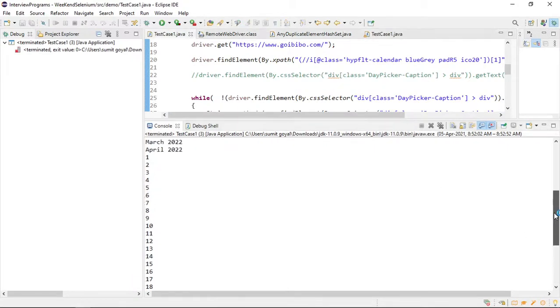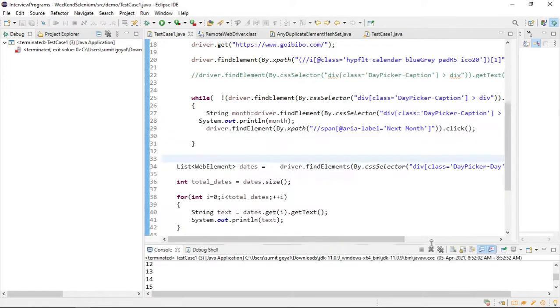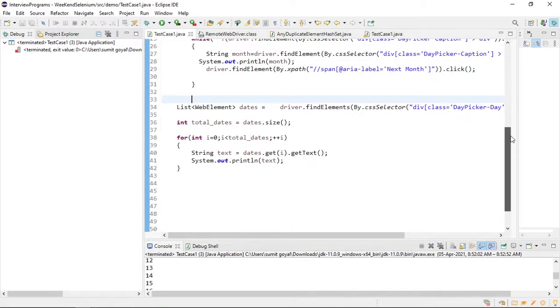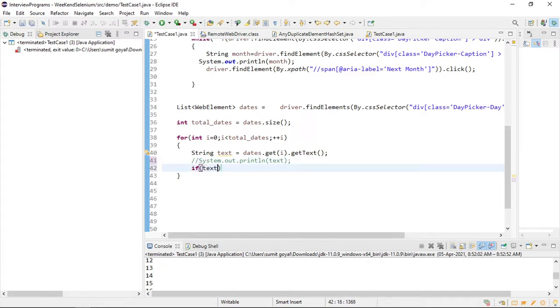Now I want to click on any particular date and select it. Suppose I want to click on 18. How can we do that? Now I do not want to print the date, I want to click on it. So let me comment it. I will write a simple if condition just like we did earlier.